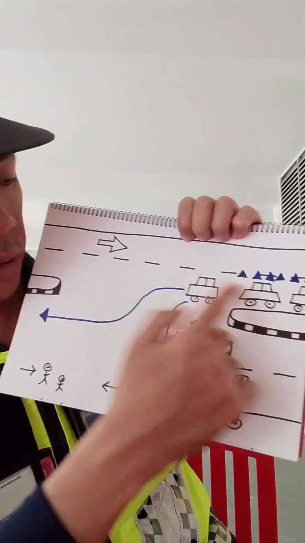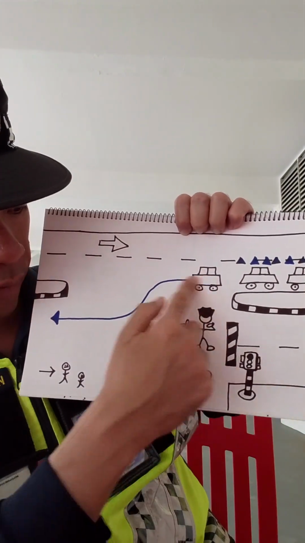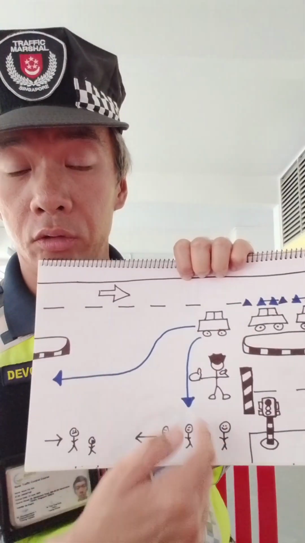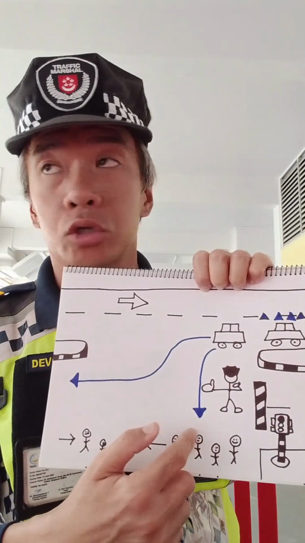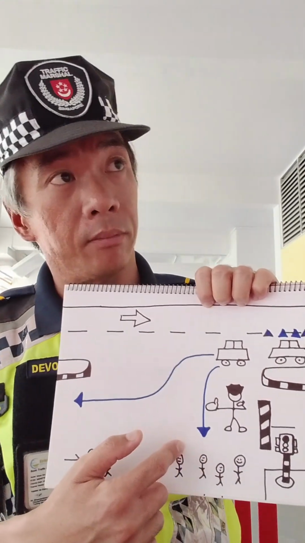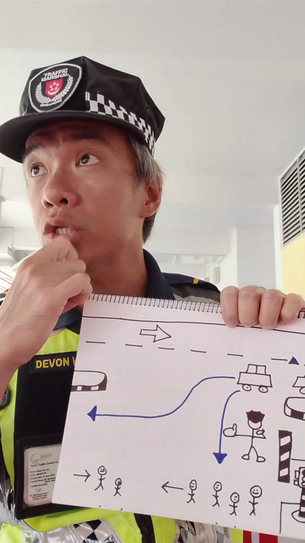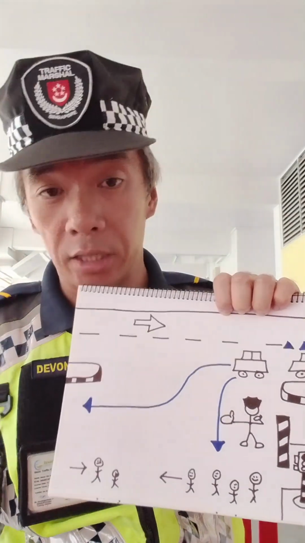So if you are going in this direction, pedestrian crossing here, you still have to stop for them. Even if you are doing a discretionary turn, you still have to stop for them. Okay, so it's your job and duty and responsibility to stop for them as they are crossing. And it is the role and responsibility of the pedestrian to not cross unlawfully against the flow of traffic, but